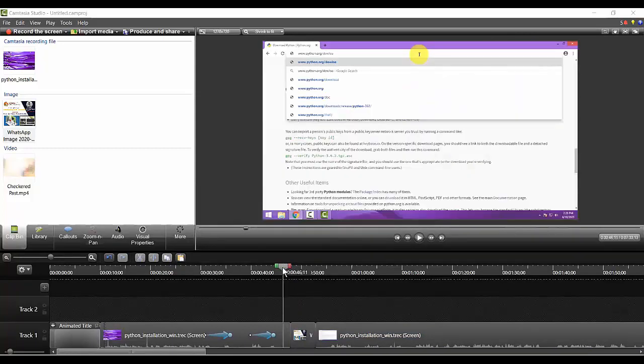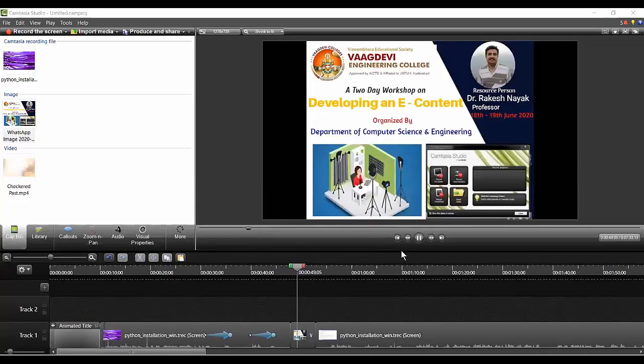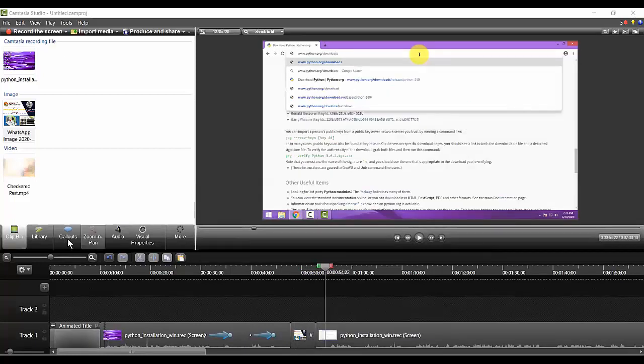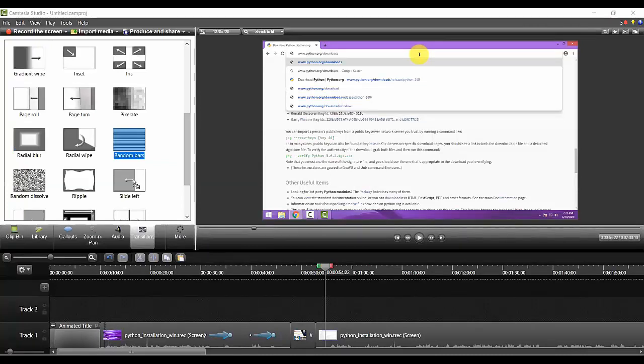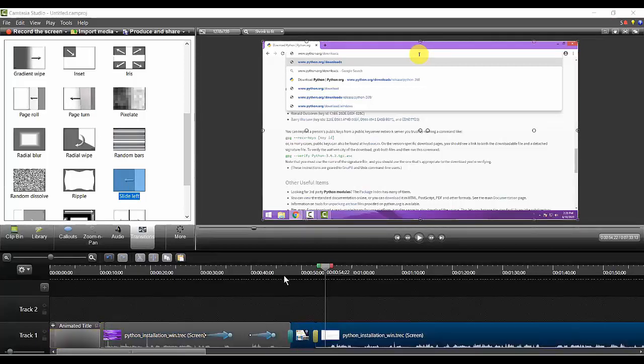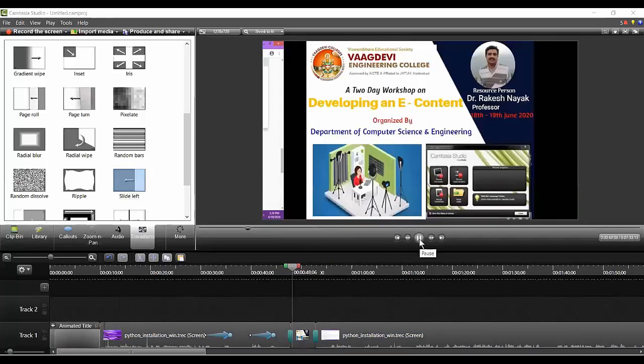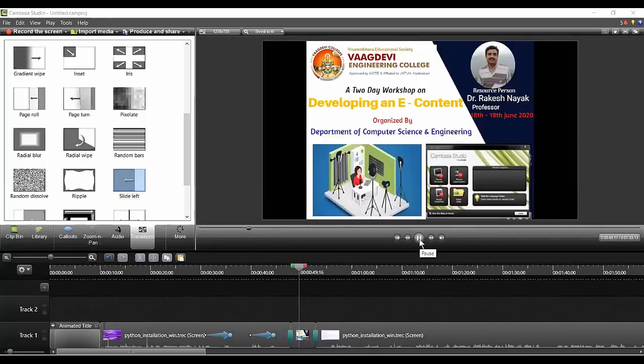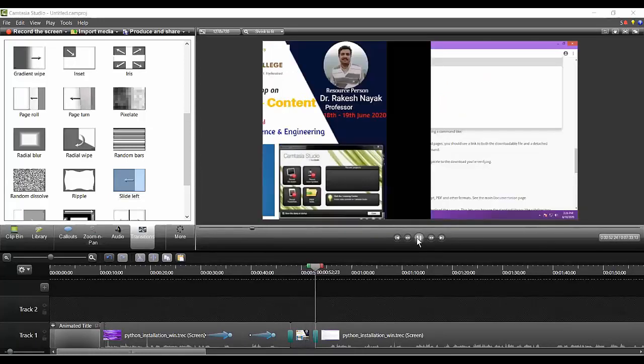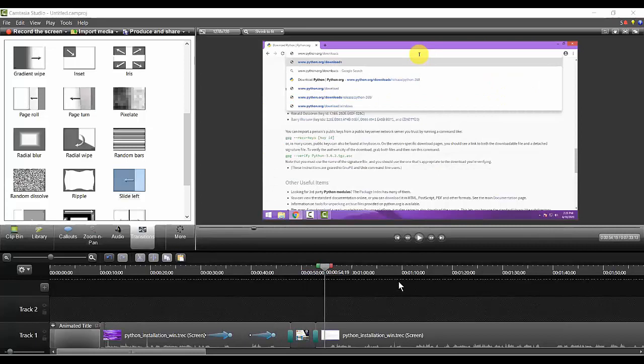Okay. And look at the effect right now. All of a sudden this came. Then after the duration is over, the other thing will come. Now you can give some kind of visual effect and transition. Any kind of transition you give will look nice. From one to the other. Now you see here how it will look. Okay, so any kind of transition you want to give, you can give.